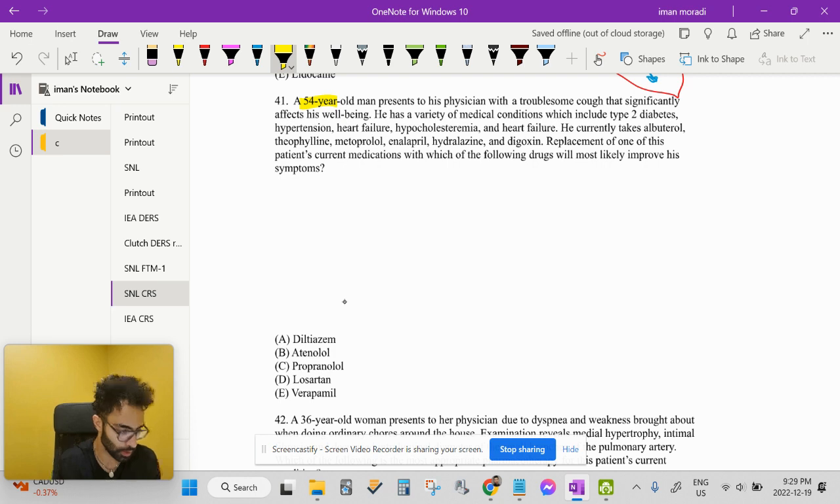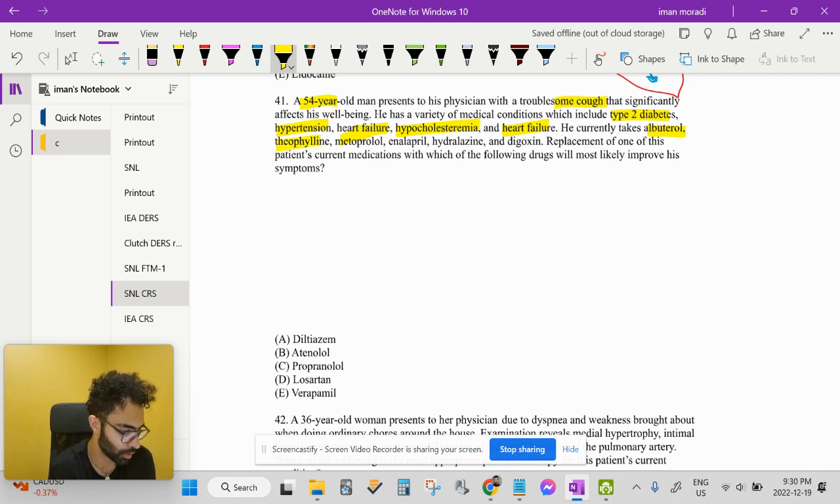A 57-year-old presents to the physician for some cough. He has type 2 diabetes, hypertension, heart failure, hypercholesterolemia, and heart failure again. Oh my god, this guy has heart failure twice. He currently takes